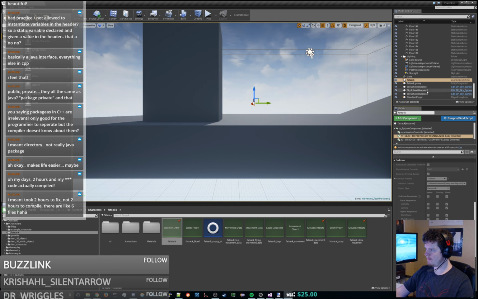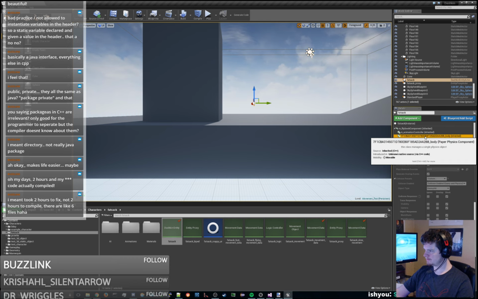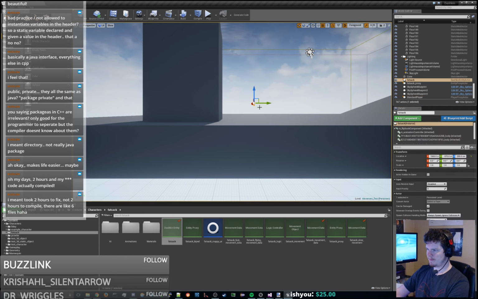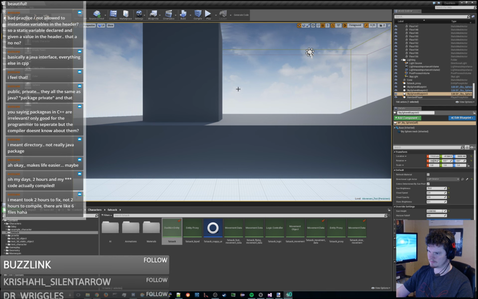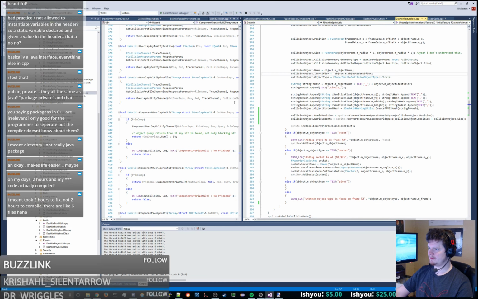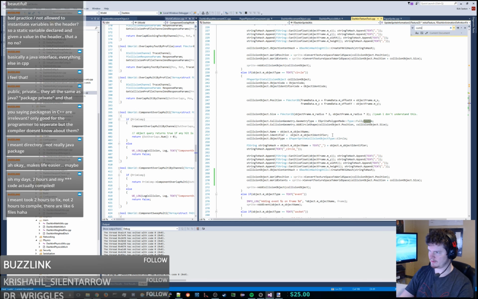So I guess it's the paper physics component. It's got this collision preset on it, and that's going to come from our texture tool import. So search for custom. Yeah, we have this geometry type is fully custom, which is what it should be, but